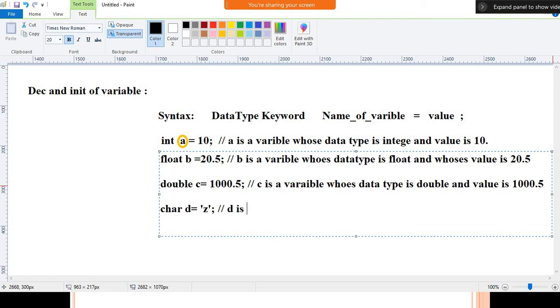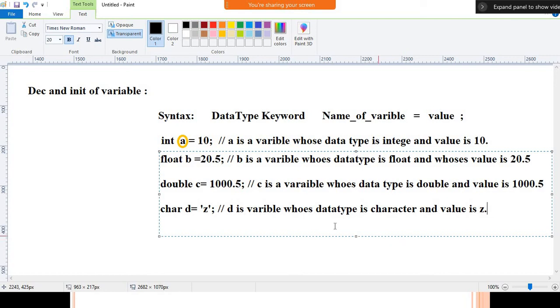T is a variable whose type is character. Note that data type is different and keyword is different. Data type is character. Like that we can define that. Okay, so this is overall about the variable.